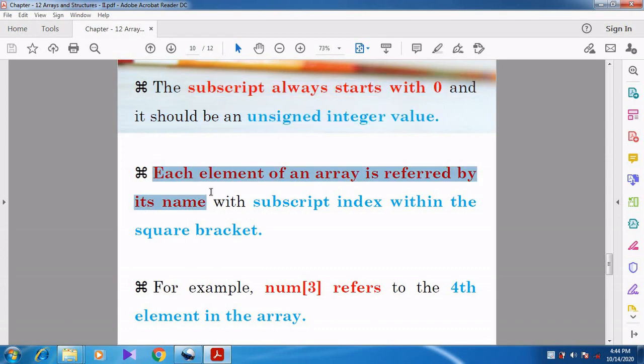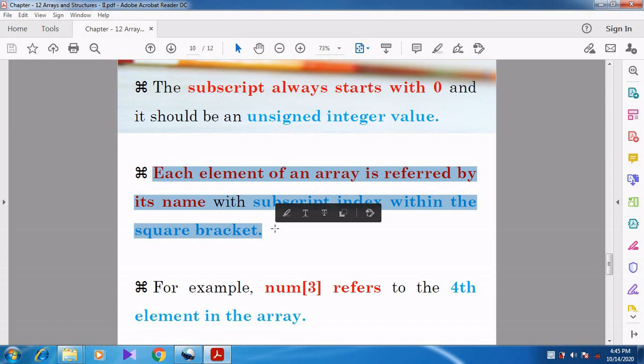Each element of an array is referred to by its name with the subscript index within square brackets. Each and every element of the array is referred to by the same name, num.